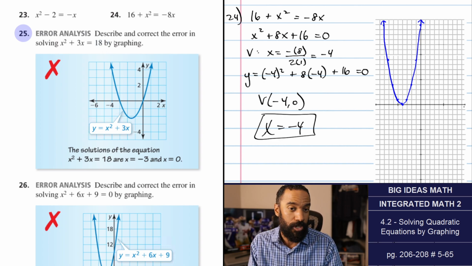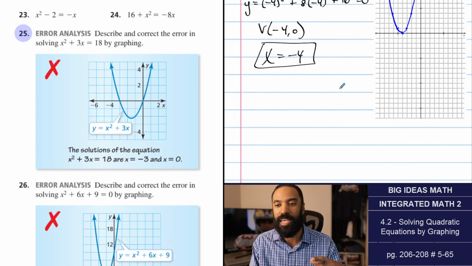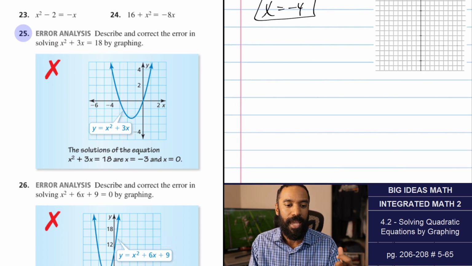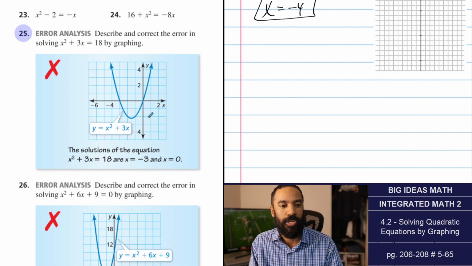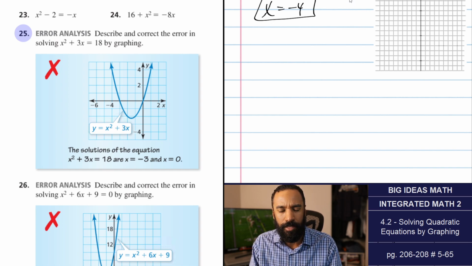And you have two different options and methods. The method one we've been looking at was we had to subtract 18 over to begin with in the scenario. Okay, so they only graphed this portion. They never included the 18. Now, what's interesting about this problem is,